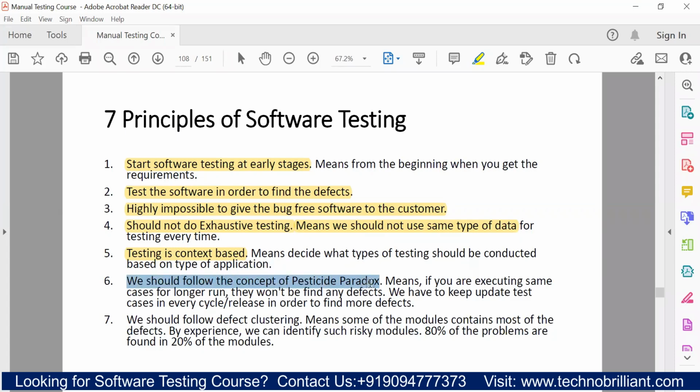ओके, likewise then we should follow some concept of pesticide paradox। हमें ना ये पेस्टिसाइड पैराडॉक्स की कंसेप्ट फॉलो करनी है। इट मींस हम अगर कोई टेस्ट केस है फॉर लॉन्गर टाइम, मतलब सिमिलर सॉर्ट ऑफ टेस्ट केस अगर हम रिपीटेडली रन करते हैं, तो उससे ना चांसेस है कि डिफेक्ट नहीं मिल सकता। क्यों? क्योंकि सिमिलर सॉर्ट ऑफ डेटा हम रिपीटेडली यूज कर रहे हैं, हमें पर्टिकुलर टेस्ट केस को अपडेट भी करना है, राइट। सो दैट कम्स अंडर योर पेस्टिसाइड पैराडॉक्स इफेक्ट।